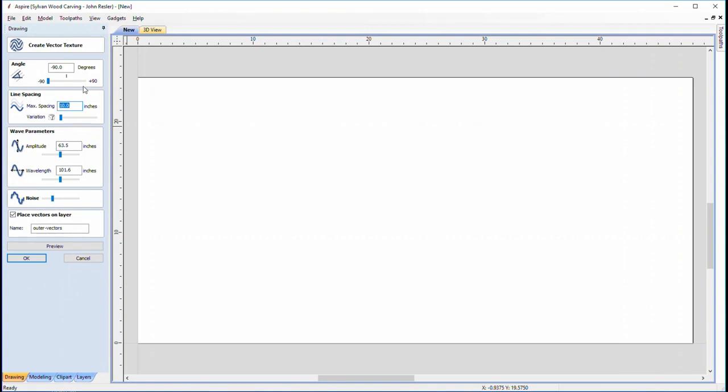Now the texture is going to be by definition a little bit erratic, okay? That's intended to give your artwork that sort of wild look, if you want to call it that. So let's see, max spacing. I'm doing imperial here, so let's do max spacing of 0.25 inches. Now this is the amplitude. That's going to be from the top to the bottom of the wave. So let's go ahead and do